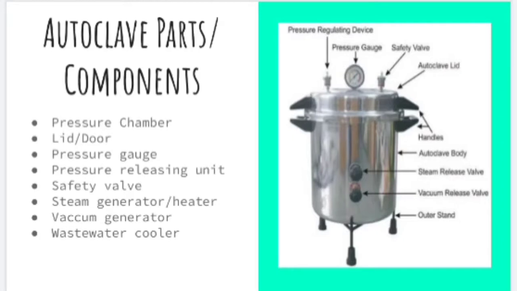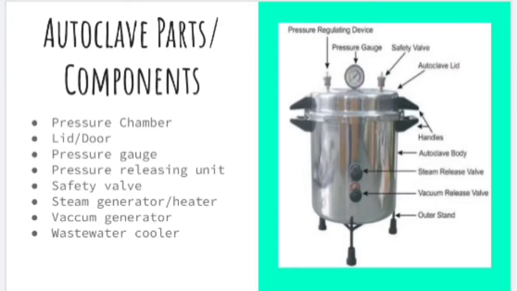Pressure releasing unit or vessel. A vessel is present on the lid of the autoclave, the same as that of the pressure cooker. The vessel controls the pressure inside the chamber by releasing a certain amount of vapor by lifting itself. Safety valve. A safety valve is present on the lid of autoclave which is crucial in cases where the autoclave fails to perform its action or the pressure inside increases uncontrollably. The valve has a thin layer of rubber that bursts itself to release the pressure and to avoid the danger of explosion.